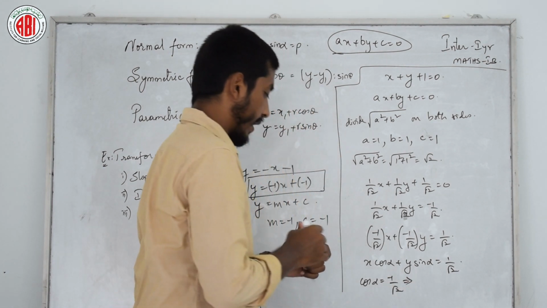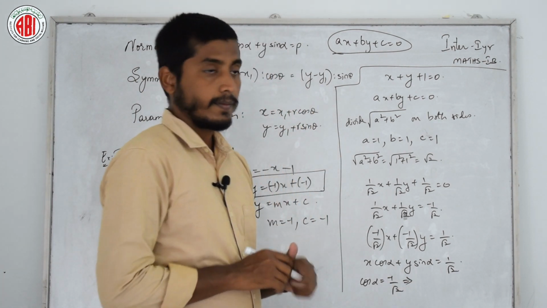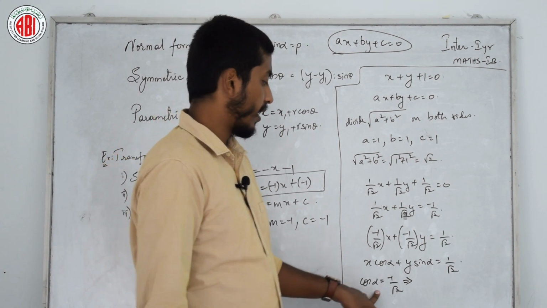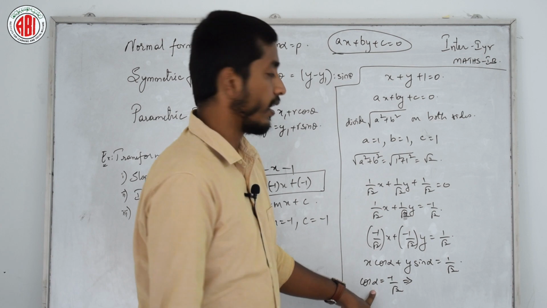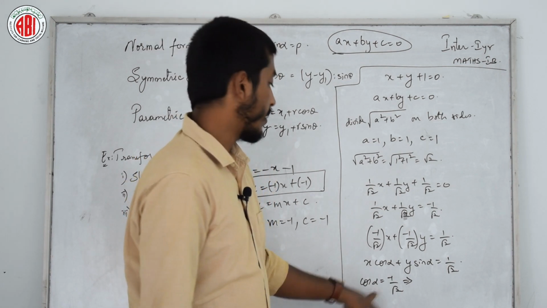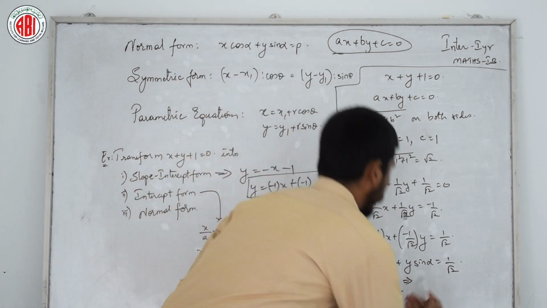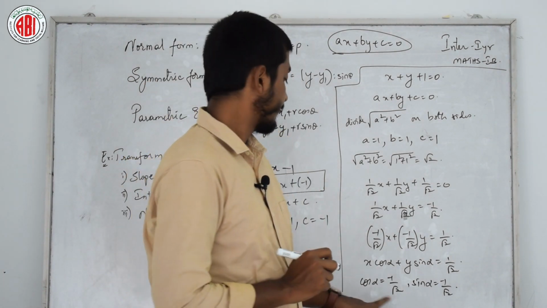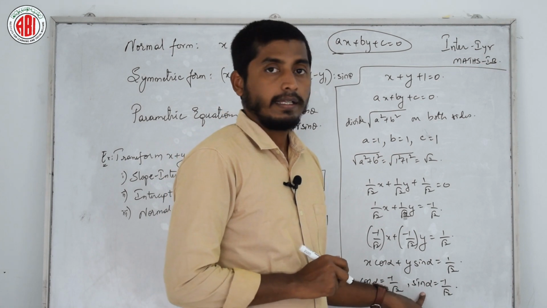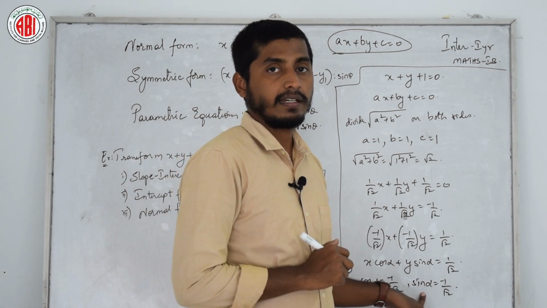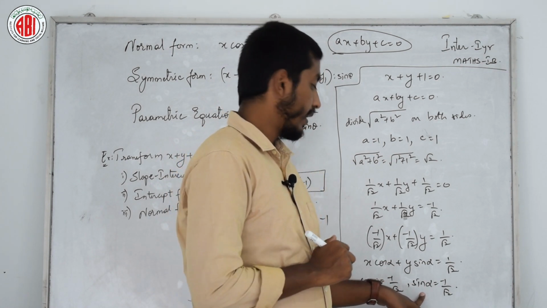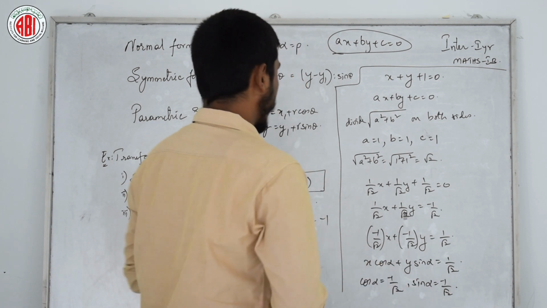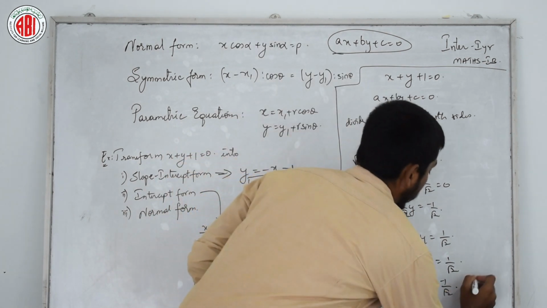When will you get a negative sign for the cos? 1 by root 2 is obviously 45. Let us discuss. When will you get a negative for cos? Cos and sin both are negative here. When will you get this condition? Cos and sin both are negative. When will you get that? When tan is positive, that is in the third quadrant. That is nothing but alpha is 5 pi by 4.